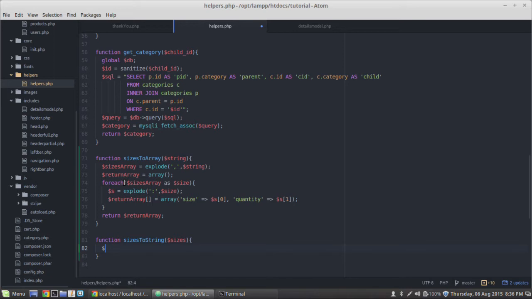So the first thing we're going to do is create an empty string here. We'll just call it size string. We'll set that equal to an empty string. Alright, and then we're going to say for each sizes as size. Okay, now this is what we're passing in right here. We're passing it in an array this time instead of a string, and then we can run a for each